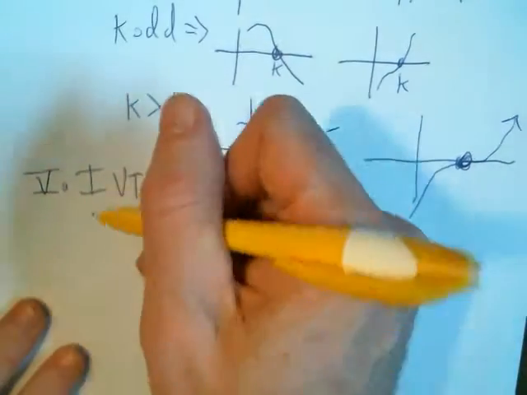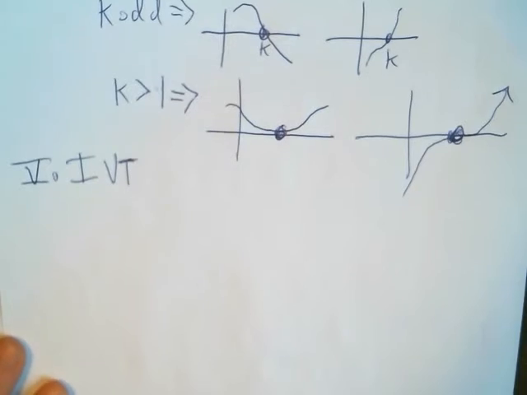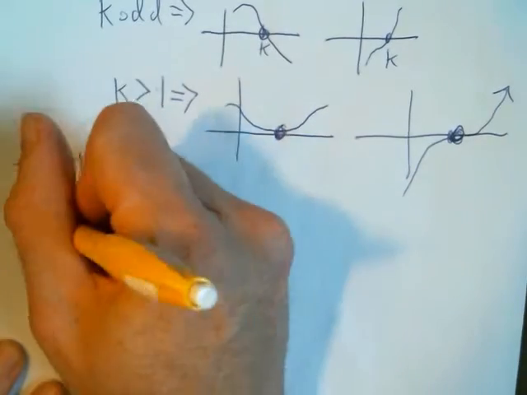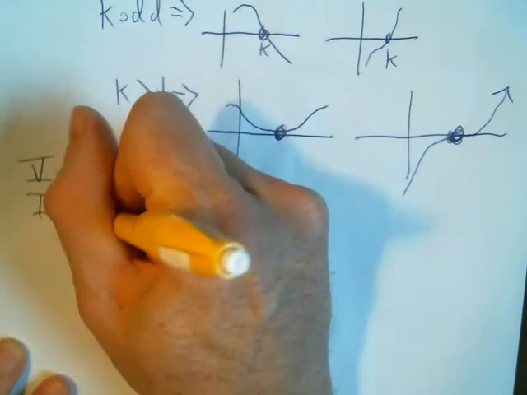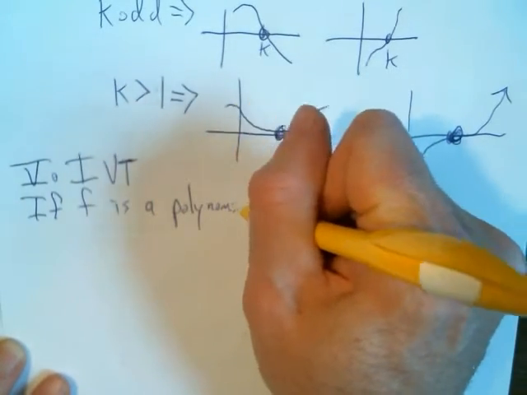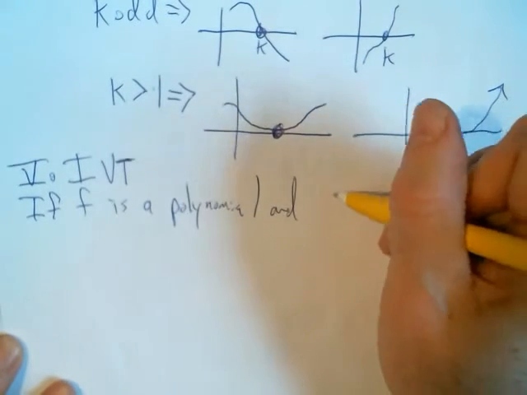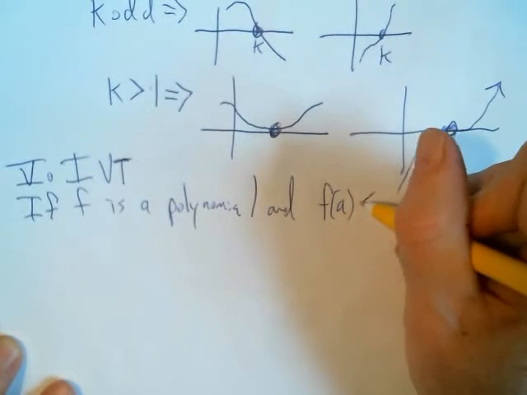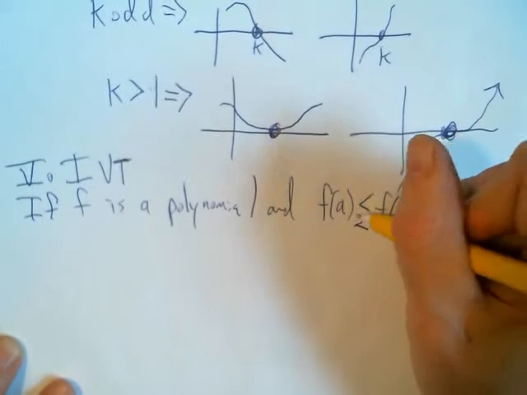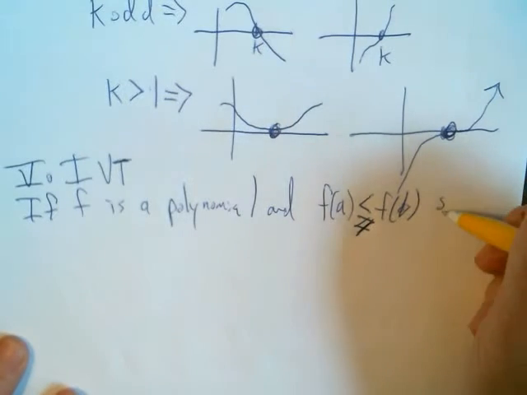So that's what this is. Yes, the needle is in the haystack, and you can look for it and you'll find it. It's called the intermediate value theorem, and it says if f is a polynomial, and f of a is less than f of b, or vice versa, so greater than or less than f of b, such that